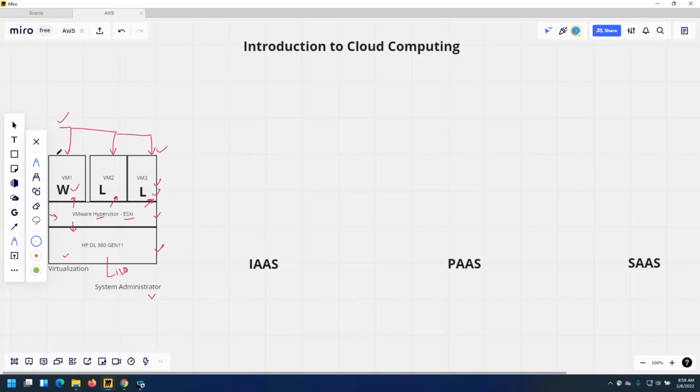Now, on top of that, if I have a SQL database on top of Windows, I have installed SQL. Normally you'll have your SQL DBA who will perform the SQL side of the operations, and you have two applications installed on Linux. Both applications are talking with your SQL server.